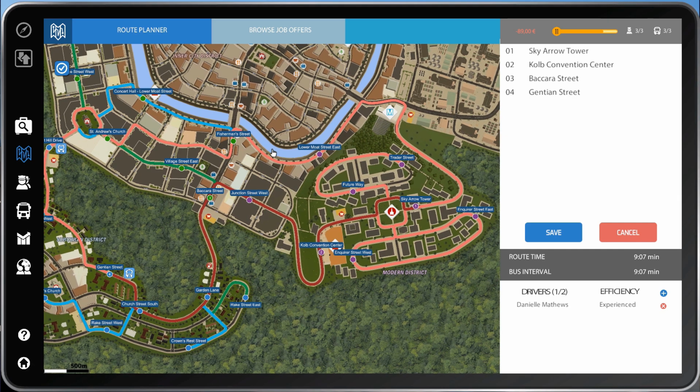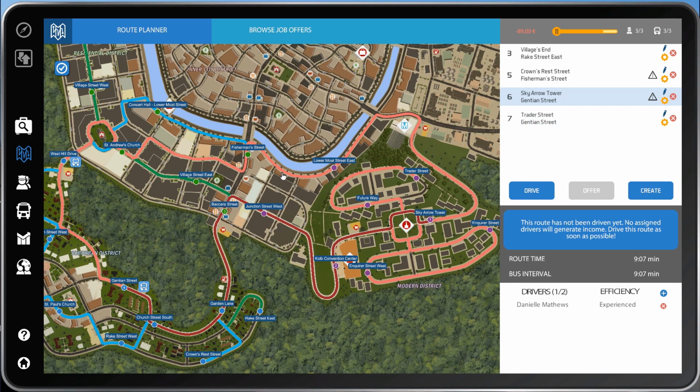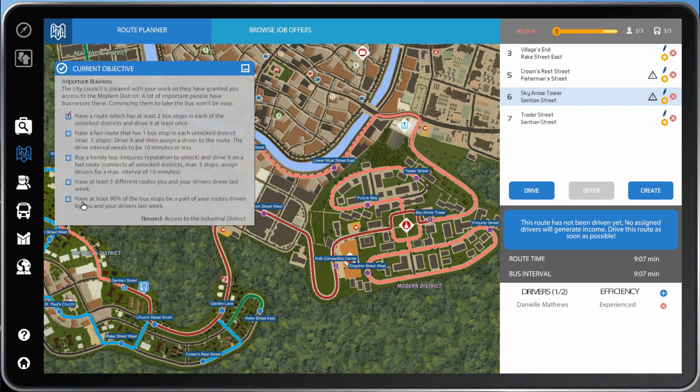Then I'm going to save that. I don't want that. And look, the time interval has already gone down to 9 minutes 7, which is very good. Now I need to edit line 7. Actually, no. You know what? We don't even have to edit line 7, because even though it says have at least 90% of the bus stops be part of your...